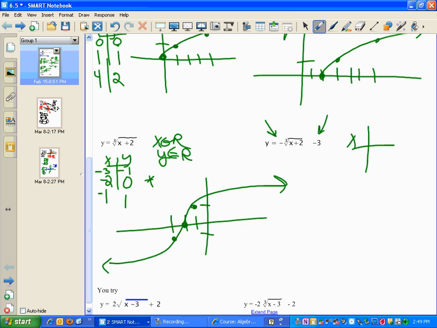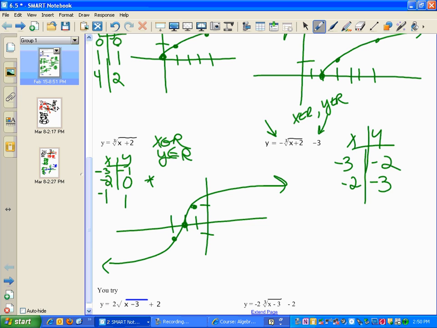So, x and y, we know x is an element of the reals, as is y, because we're dealing with cubic roots. We're going to start again at negative 2 because that's what gives us 0. But at negative 2, what do I get as my final answer? Negative 3. So we're going to go ahead and use negative 3 again because that gives us negative 1 under our root, which we can do. The cubic root of negative 1 is negative 1, but then I have this little negative sign under here, which